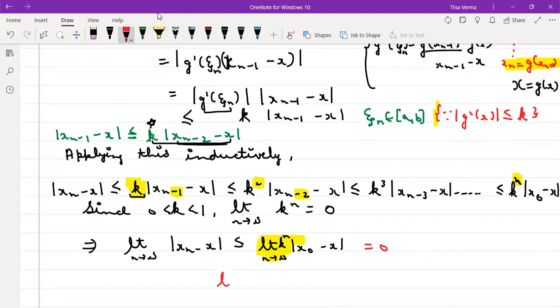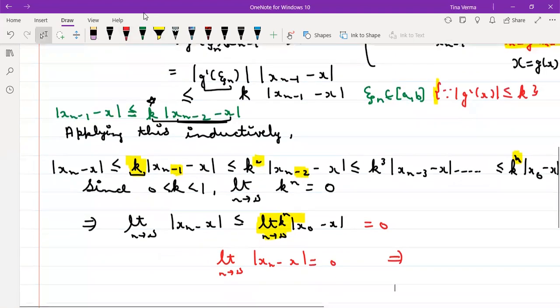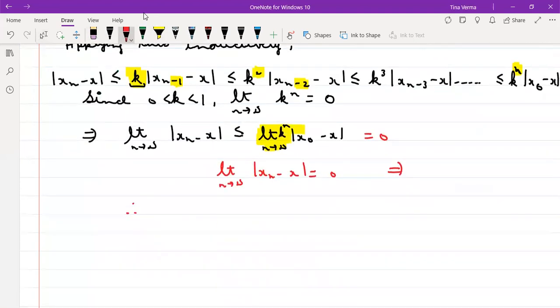And you are saying limit n tending to infinity |xn − x| is less than or equal to 0. This is in the modulus, it cannot have a negative sign, so this inequality means it is equal to 0. जब आप लिमिट equal to 0 देते हो, that means your xn is converging to your x. That means the sequence which we have considered, therefore xn is converging